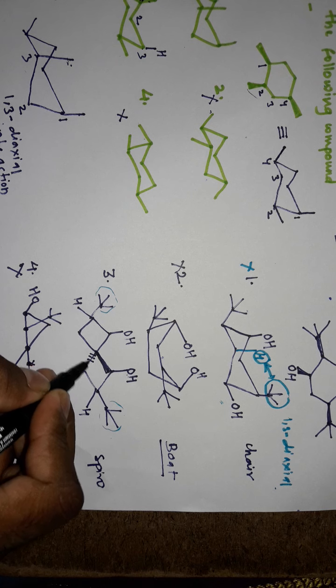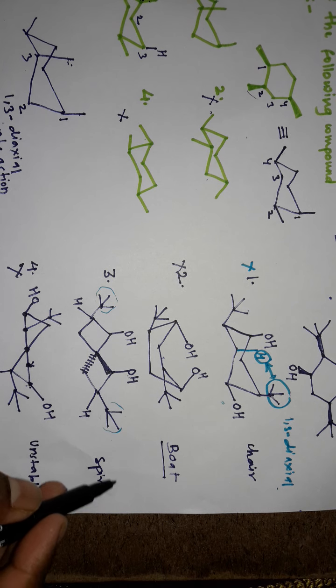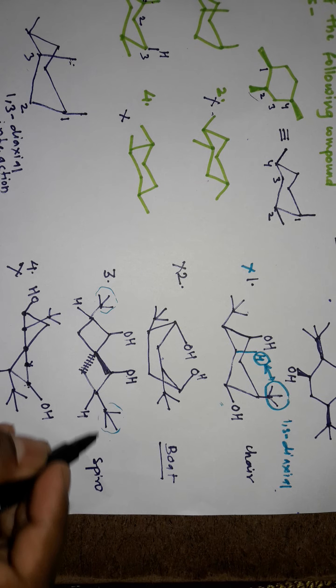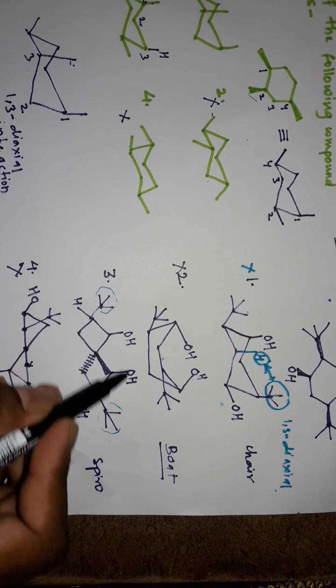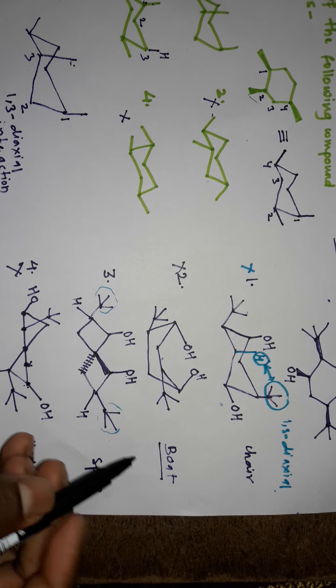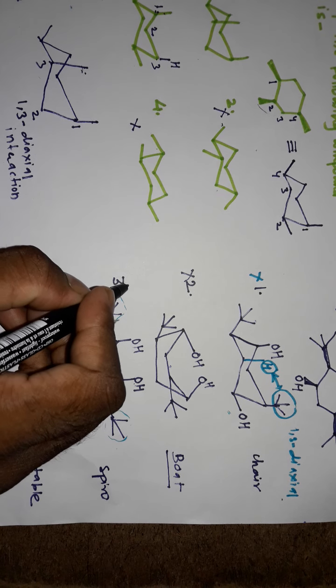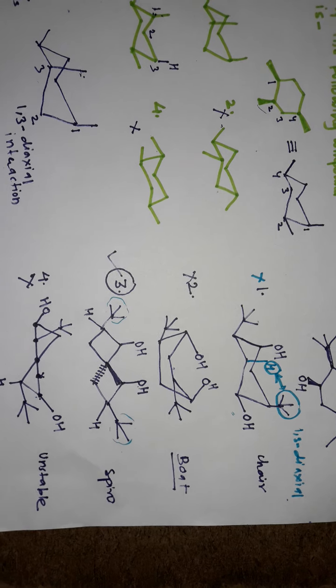If I want to show this, this ring is in the plane and this ring is perpendicular to it. They have not mentioned the stereochemistry, but we need to take it into consideration, because since this question is 4 marks, we need to apply those concepts. So that's why they are away from each other, therefore there is no interaction. So the reason is this, and therefore this third option is our correct option.